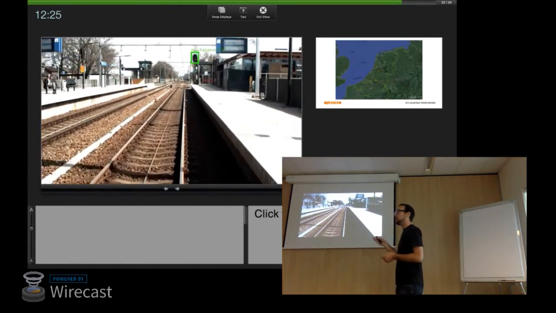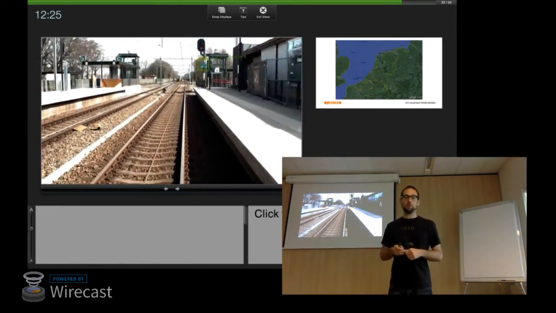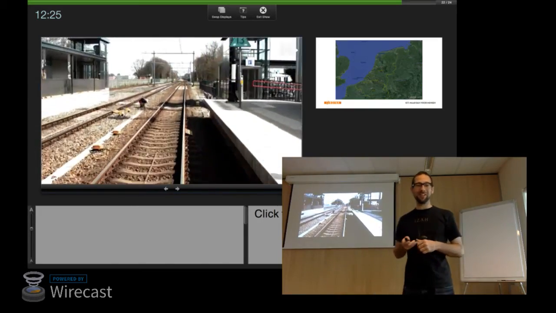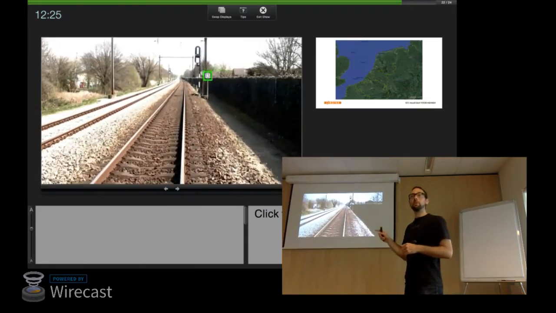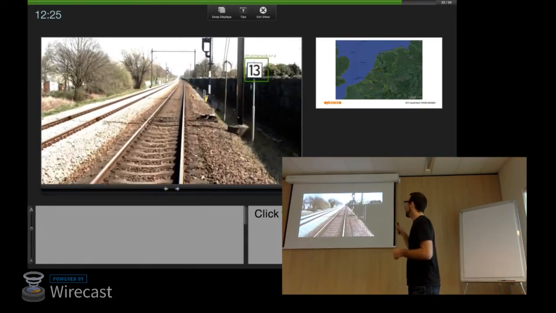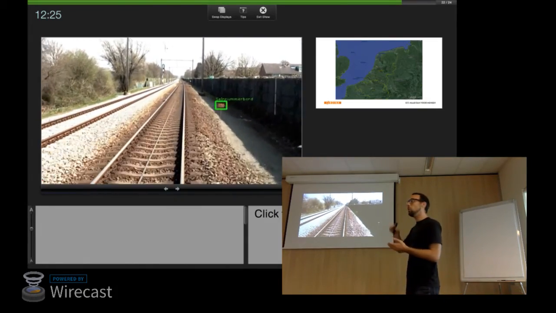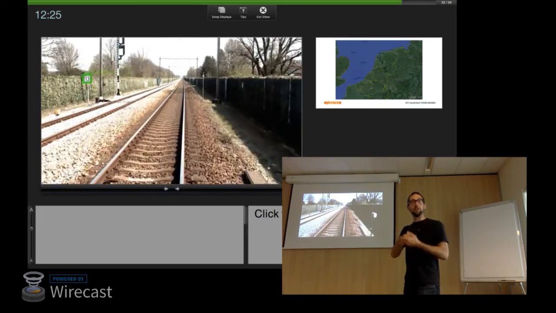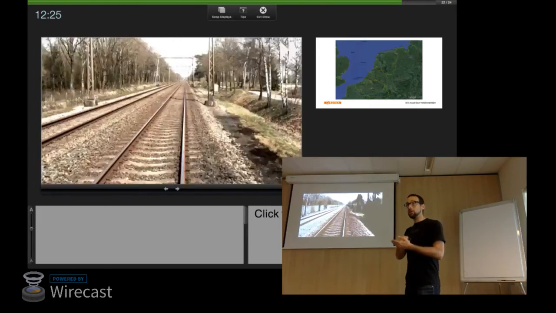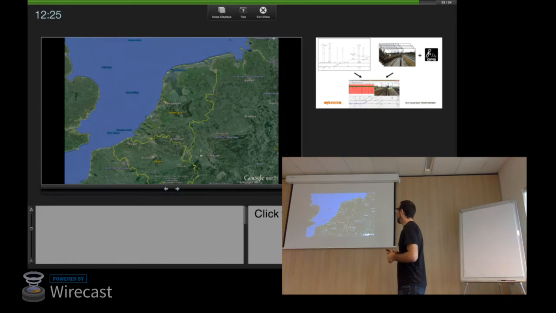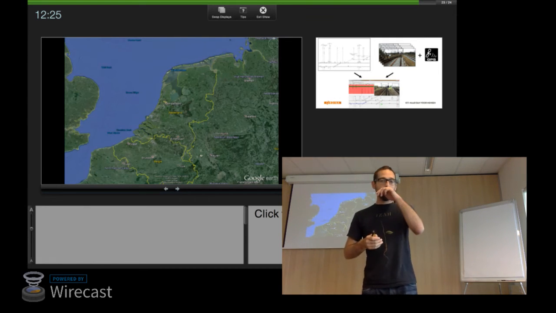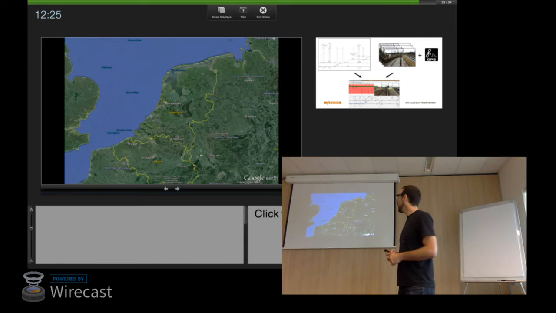So this is where the GPS comes in, and I'm just going to be real quick about this because I'm also running out of time. But every image is coupled with a GPS location. That means for every image, I know where that image was taken. I know where the camera was. I don't know where the sign is yet. But what I can do, here's how, this doesn't play either. Okay, well that's it. So we use Google Earth as a debugging tool, but